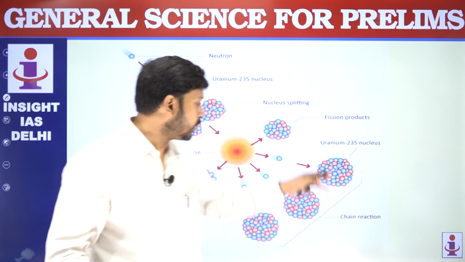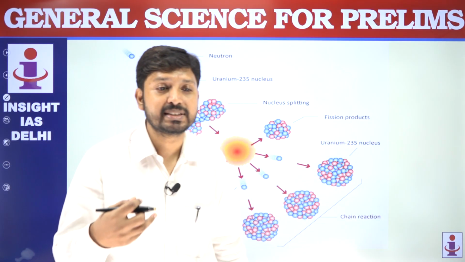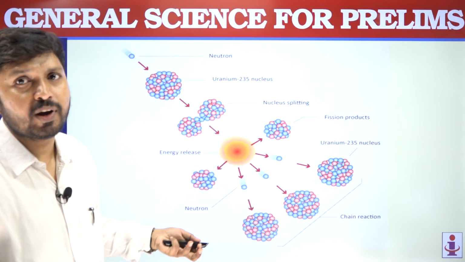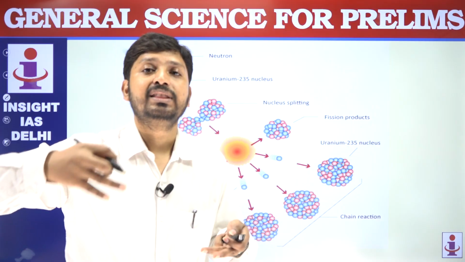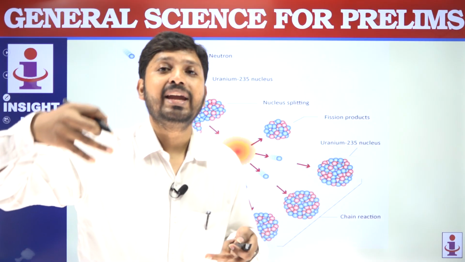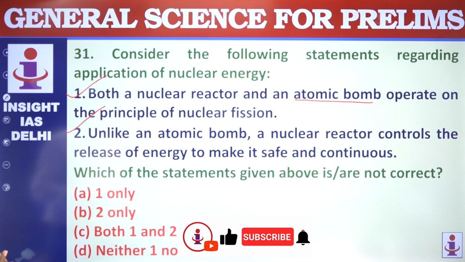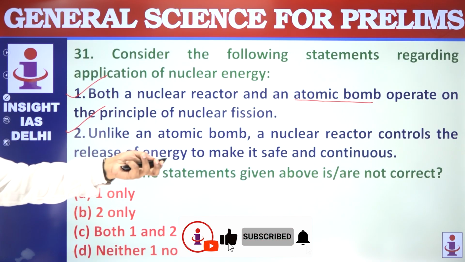reaction will be there. So we need to absorb these neutrons so that the energy is reduced. That is called a controlled chain reaction. But in bombs we will not do that, because at one stage this chain reaction will continue, heat will increase and an explosion can occur. So 1 and 2 are correct, and they are asking which of the following is